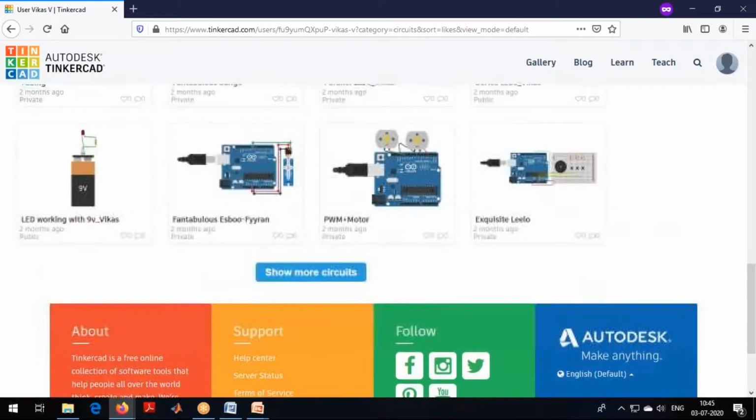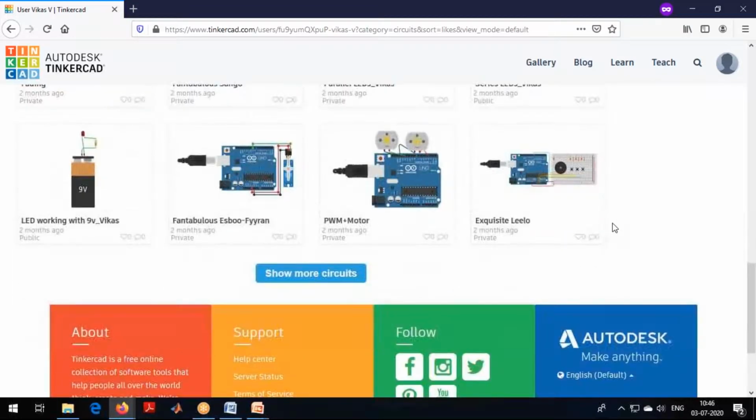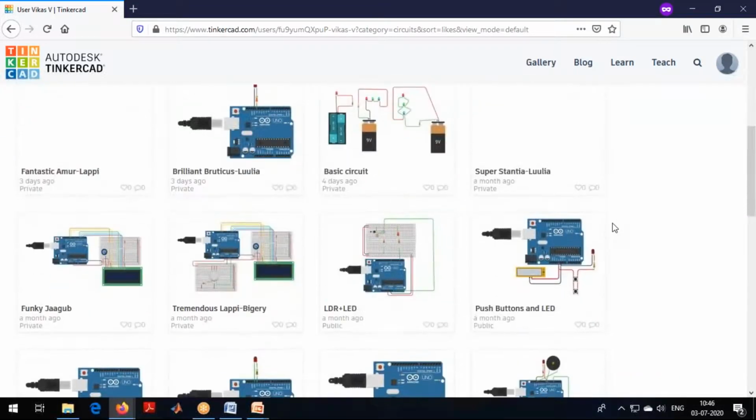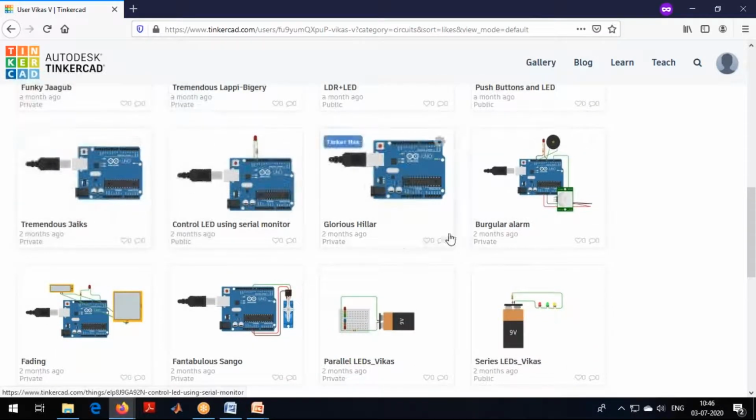Okay, I got your circuits. Fourth line you have, I think, the speaker one. I'm not getting all, sir. Push button, LDR plus LED, series LED control.